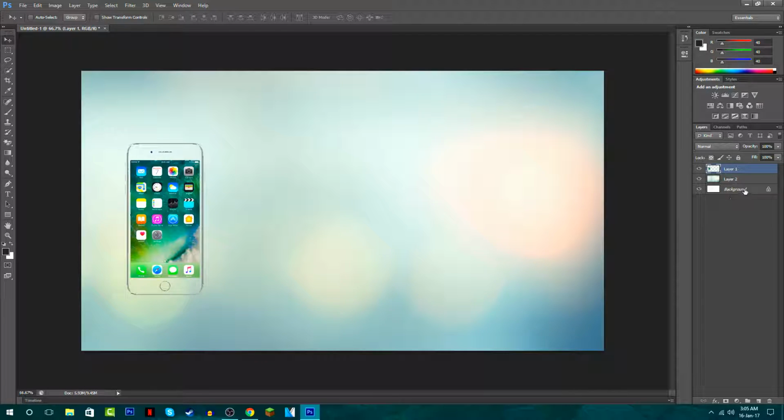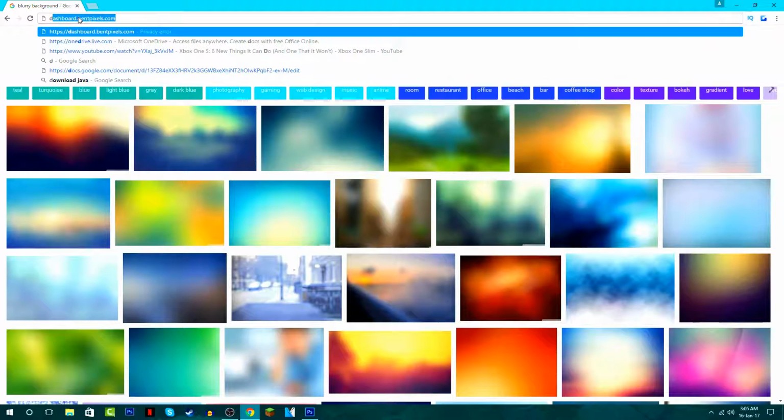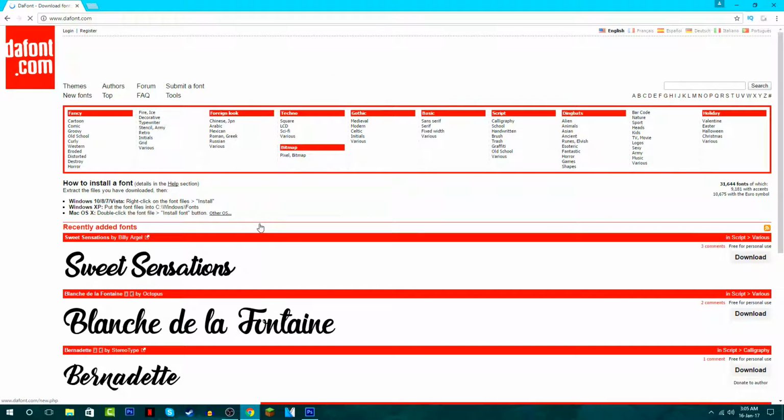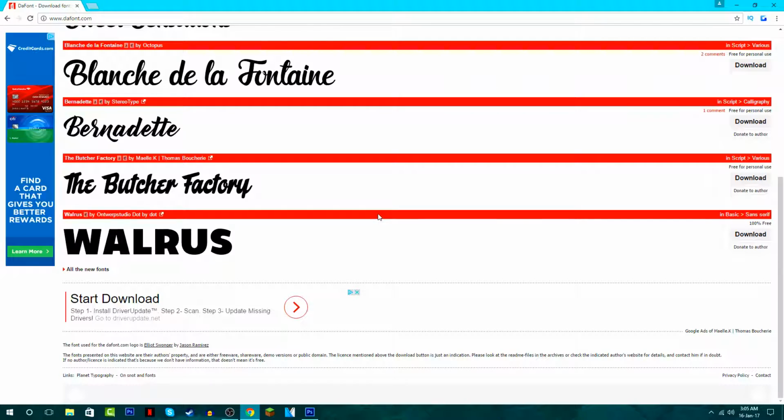So once you have your background and your phone placed wherever you want, go ahead and add a new layer by coming over here to the right, and then you can add your text. So if you want some cool fonts, or if you have a font that you already know, just go to dafont.com. It has all of the best fonts that's out there, honestly. So dafont.com, you can go to the scripts, basic, gothic, techno, anything. So I mean, walrus, that's not bad, but I have my own